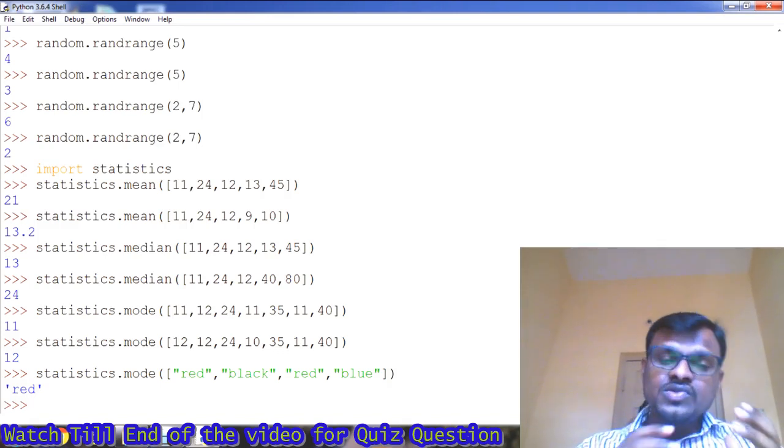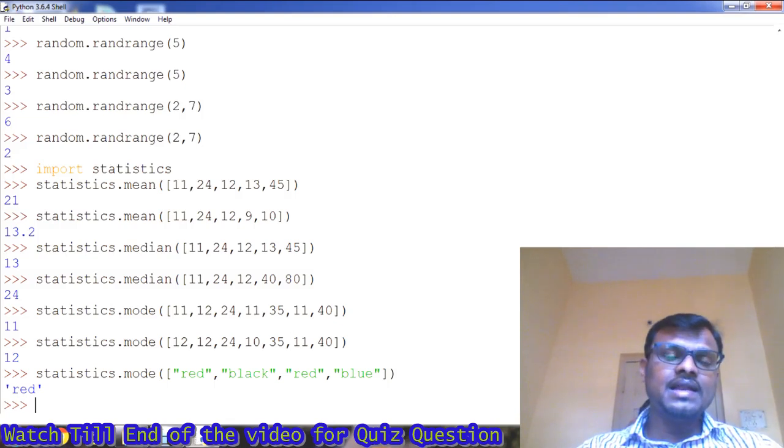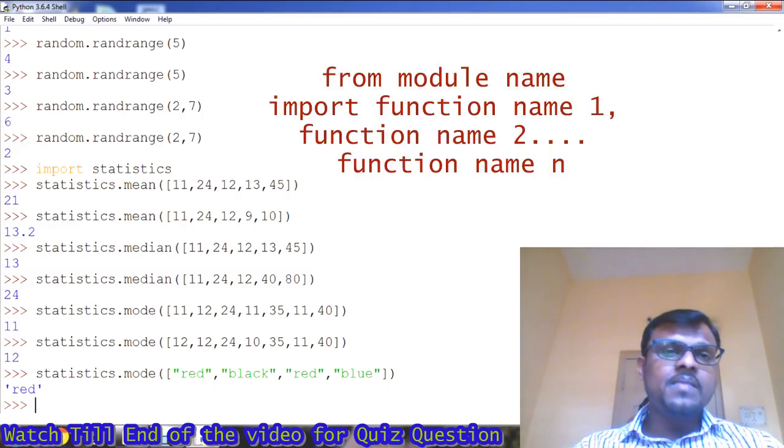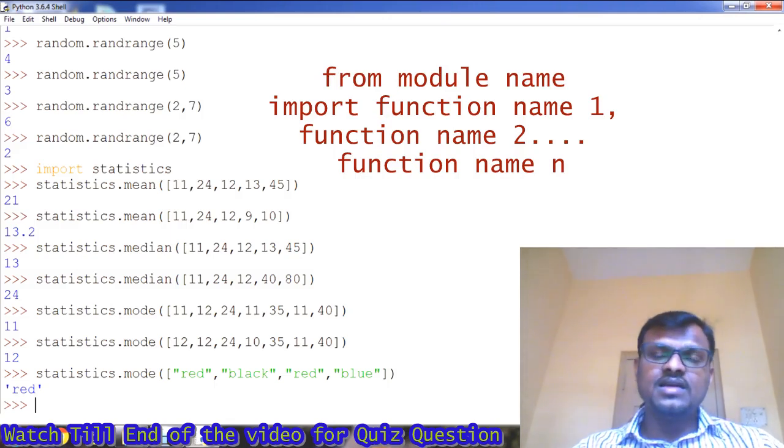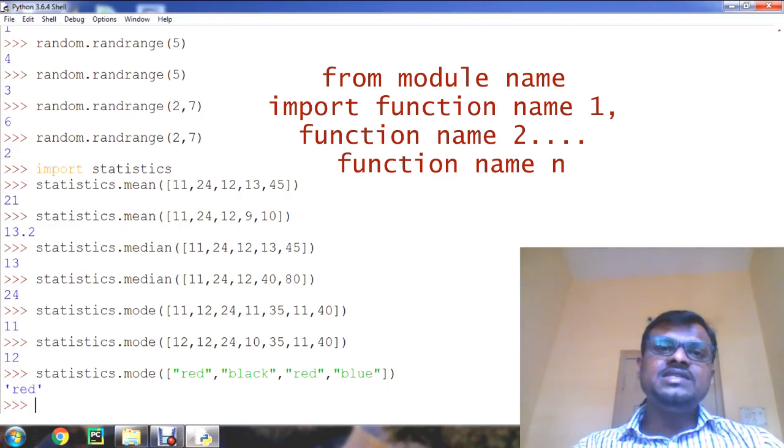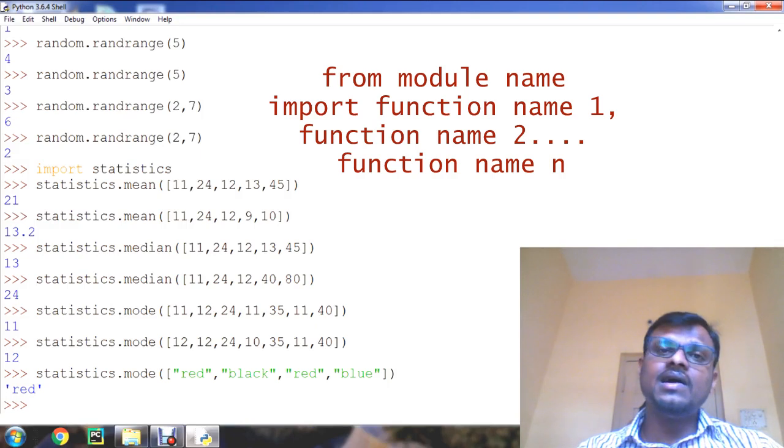The syntax of using the from statement is like this: we should use the from keyword followed by the module name, and import, then the function name. However many functions you are going to import, you can give that many functions in the statement by using a comma as a separator.